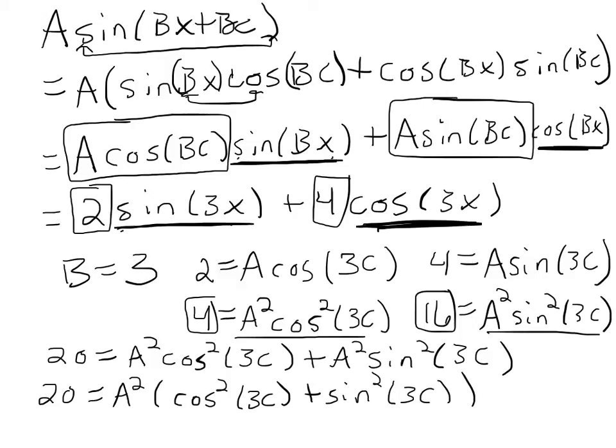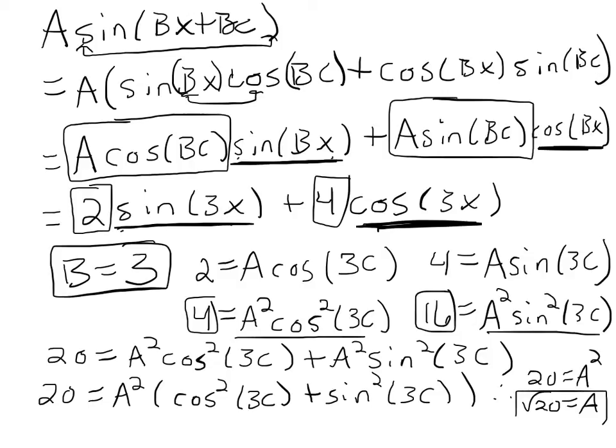But we know that the cosine squared of 3c plus the sine squared of 3c is 1, because that's our original Pythagorean identity. So really, I can conclude that 20 equals a squared, so the square root of 20 must be my a value. So I've solved for b, I've solved for a,